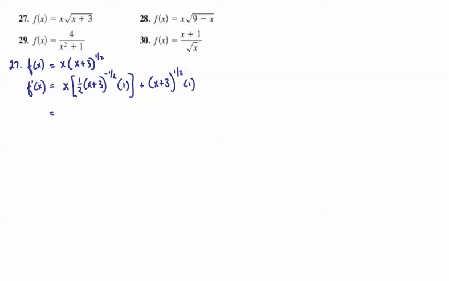Simplifying, we get x over 2 times (x plus 3) to the negative 1/2 plus (x plus 3) to the